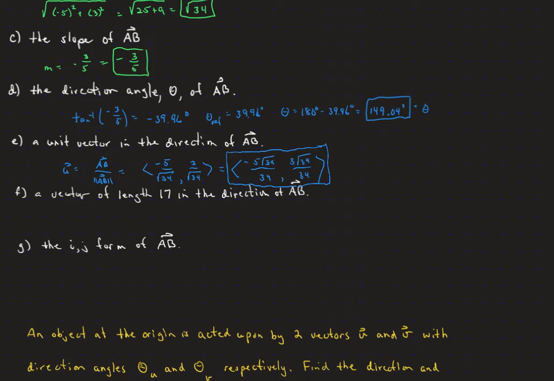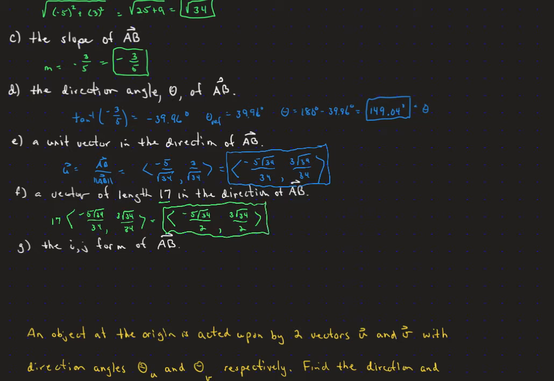So then, to get a vector of length 17, we will multiply our unit vector by 17. I picked 17 because I knew it would cancel with 34. So we can do that. And since 17 goes into 34 twice, we can call this negative 5 square root of 34 over 2, comma 3 square root of 34 over 2, which is going to be a vector of length 17 in the same direction